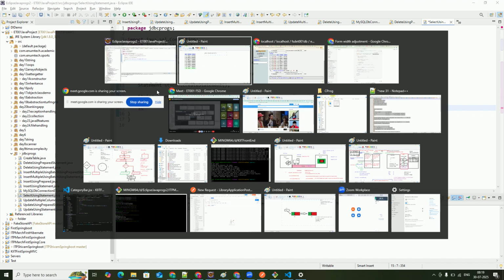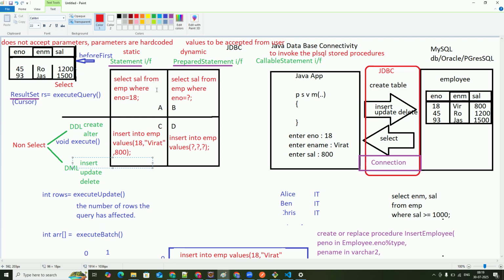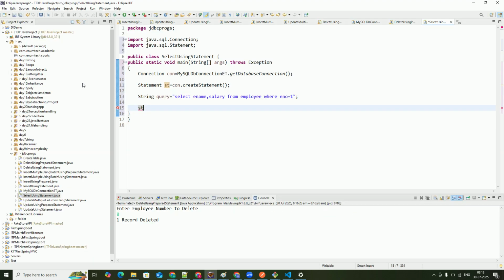What will I use? Execute query, execute update. What to use? It's a select query, right? For select, what do we use? And what will return me on the LHS? That is like a cursor, okay? So I will say st dot